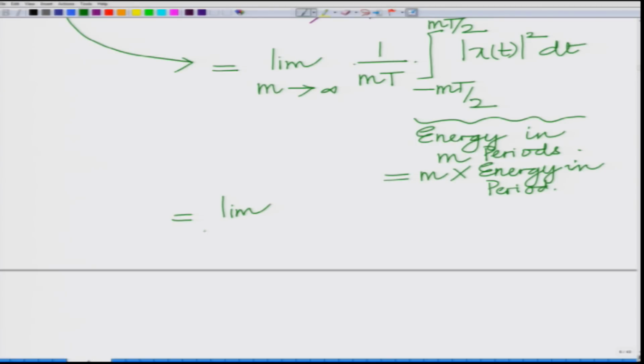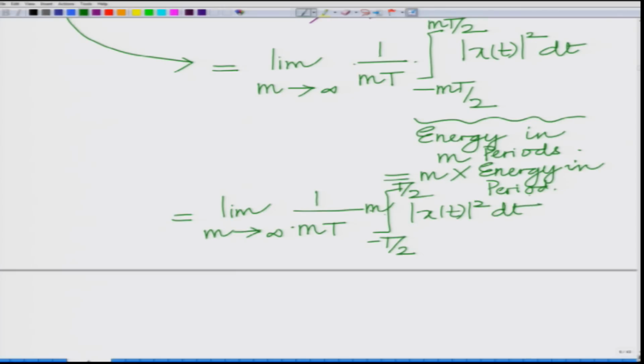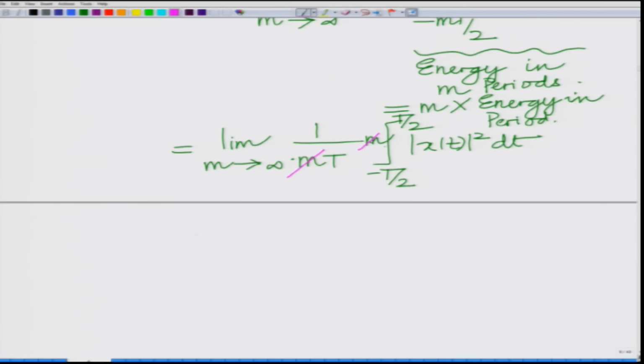So, this is limit m tending to infinity, 1 over mT, integral from minus T by 2 to T by 2, that is a single period, m times the energy in a single period, that is magnitude x(t) square dt. Now, you can see the m's cancel. Therefore, there is no m, and the limit m tending to infinity is simply 1 over T